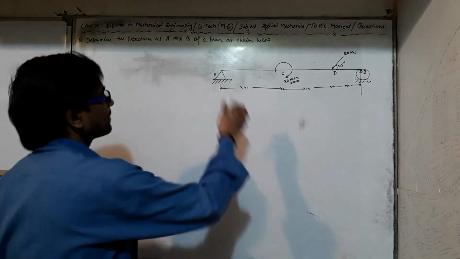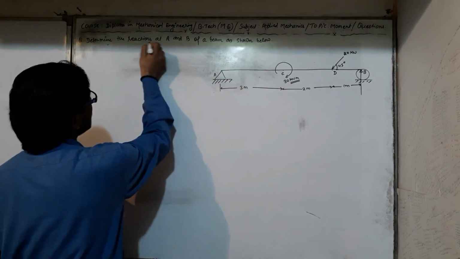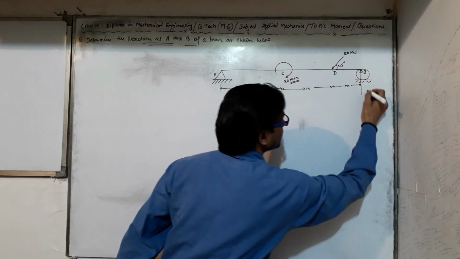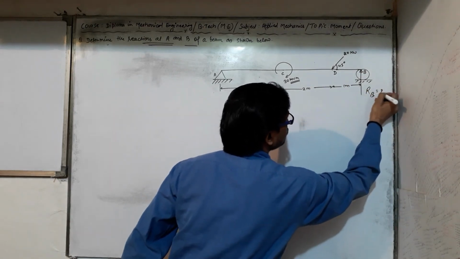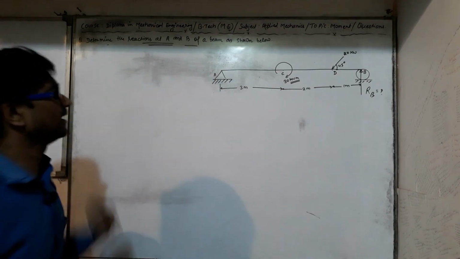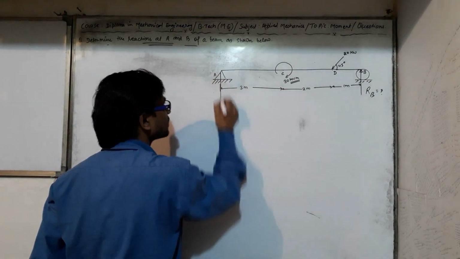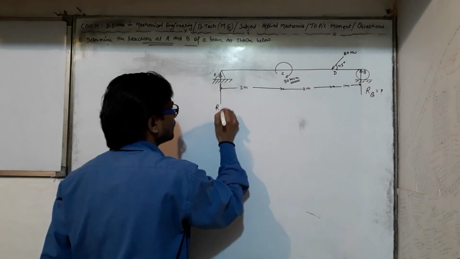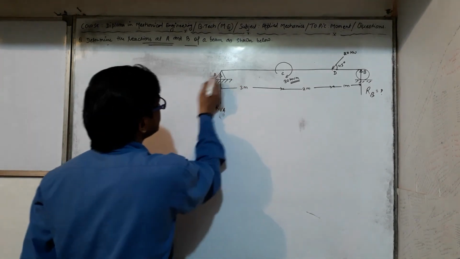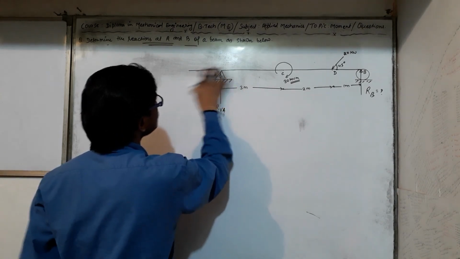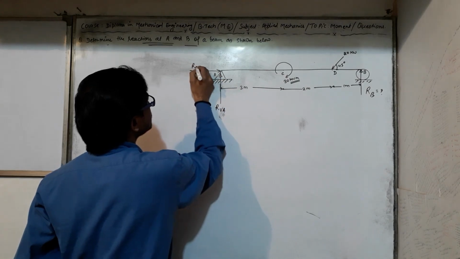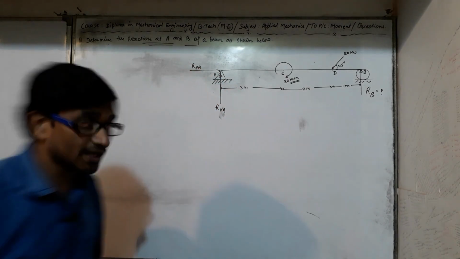Okay, so now we have to find reactions at A and B. It means one reaction force acting vertically, RB, which we have to find. And since A is a hinge support, there are two kinds of forces here. One is RA vertically at A, another is a horizontal reaction acting on this beam, horizontal A. Why am I saying horizontal?